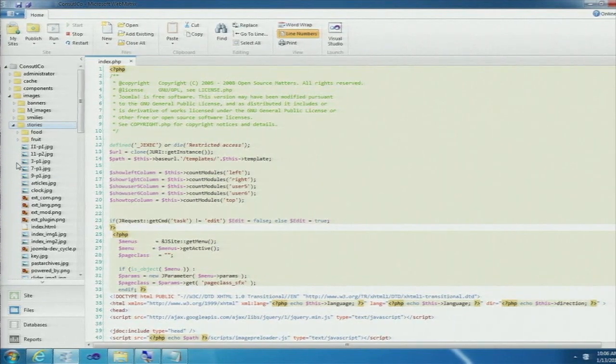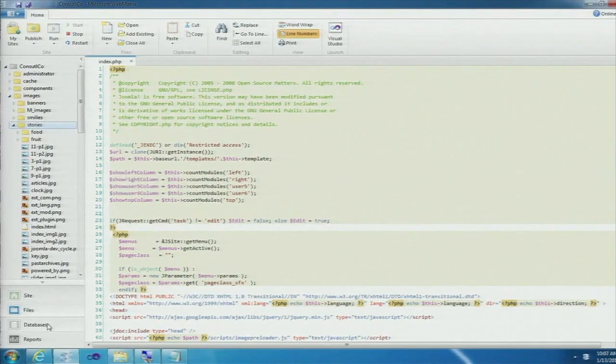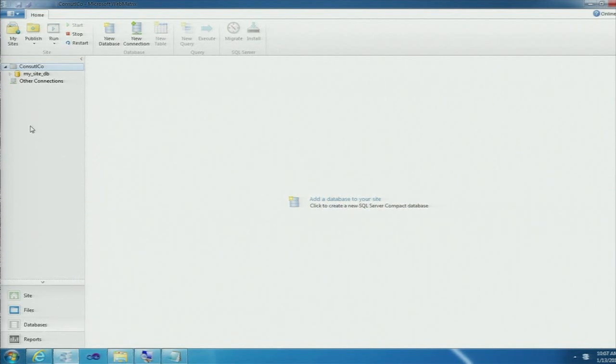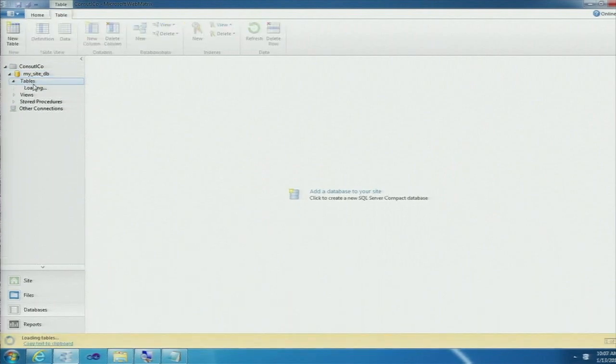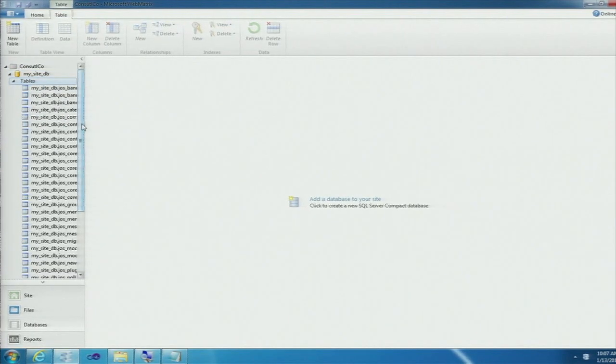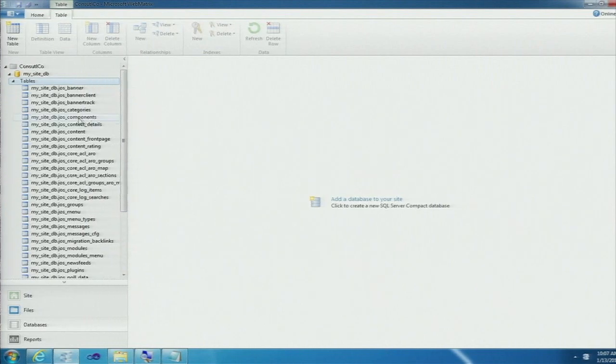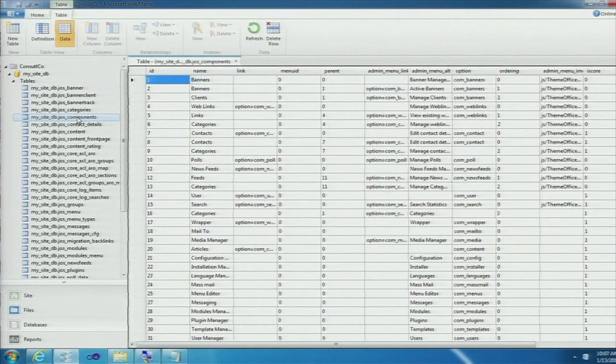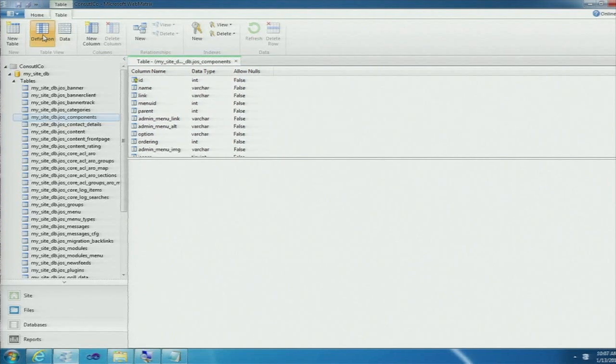So we showed the files, but what about the database? Within Web Matrix, we can allow Joomla developers to manage their MySQL database directly within Web Matrix as well. So I'll dive into the databases button down below here. I can see the new database that was created for my site. Within here, I can see all the tables that have been created for the site. And if I make this go just a little wider here, we can take a look, for instance, at the components table. You can edit records within the database table really easily here. At the same time, you can go ahead and apply definitions and add columns to tables pretty quickly.